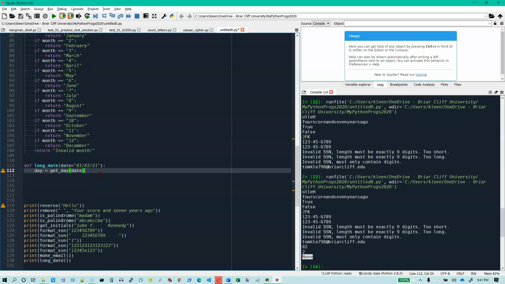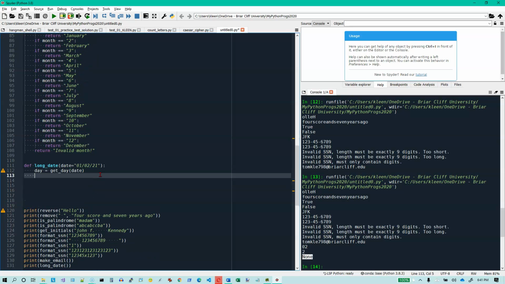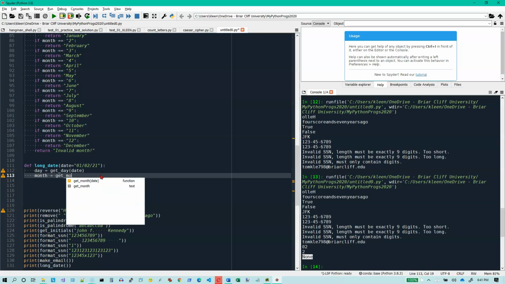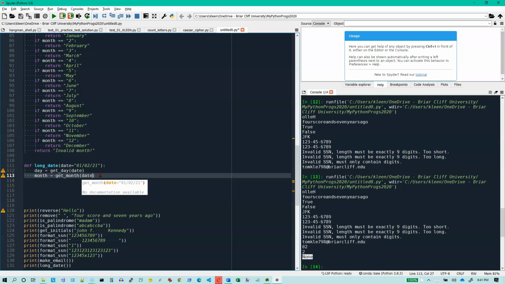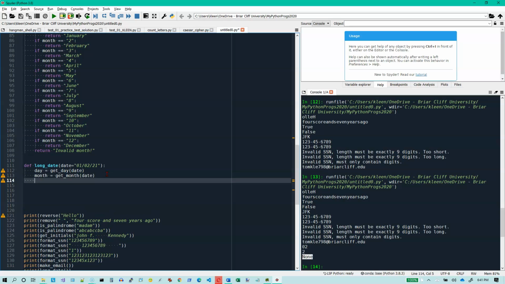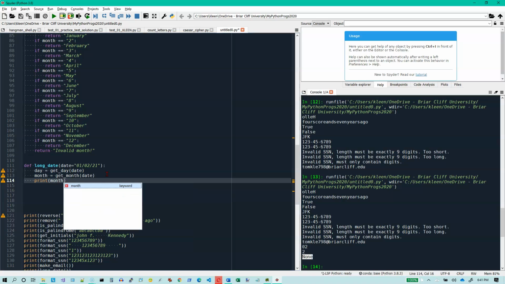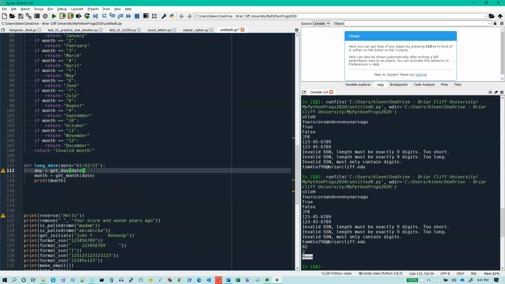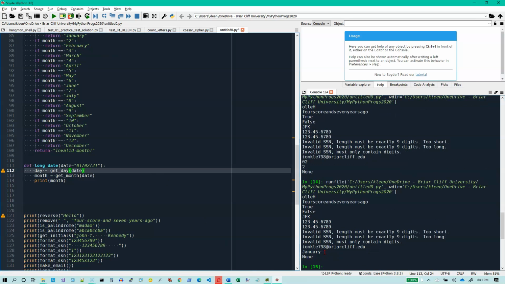And down here, I'm going to do month equals get month from the date. And once I do that, I will print it out. That's just for debugging purposes. So I should get January with the data that I've got. Let's go ahead and run it. And we get January,